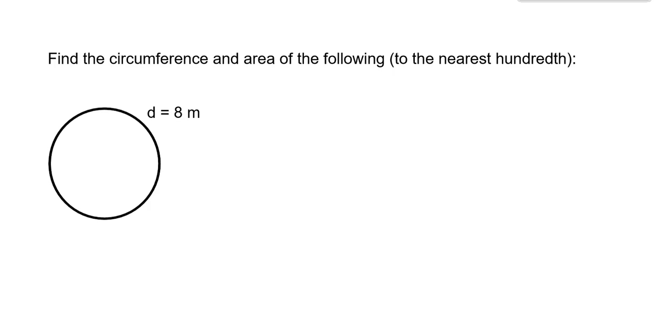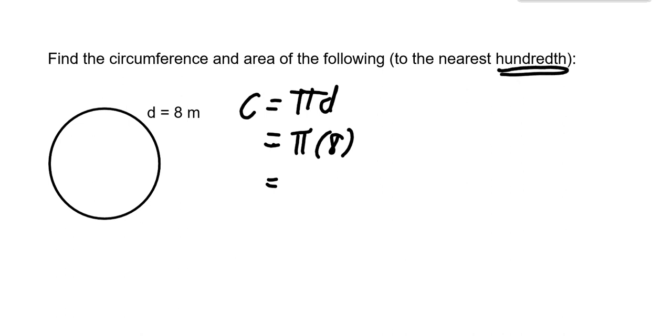Let's look at one final one, which is a circle. And this is asking for circumference and area. So remember that circumference is just a fancy word for finding the perimeter of a circle. So the formula for that is pi times diameter. And for the purposes of our work, we are always going to make sure that we use the pi button on our calculator. So everybody's calculator will have a pi button, and you just have to find where that is. And then all you're going to do is punch in the pi button, and then times 8 in this case. And it says to round to the nearest hundredth, which means 2 decimal places. So that's going to be 25.13